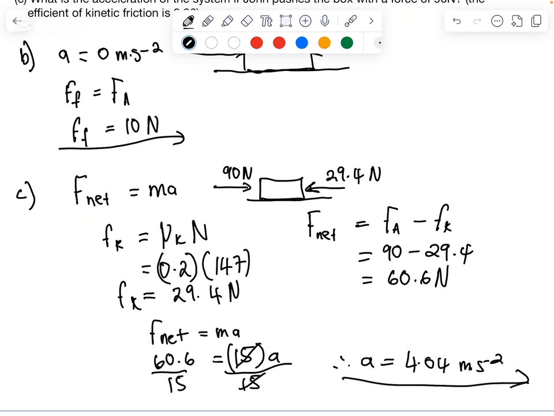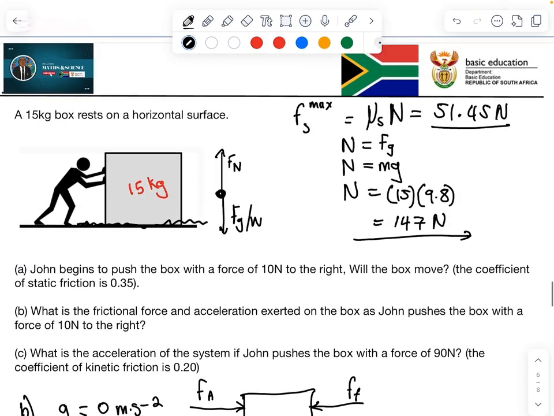This is our acceleration. So that is it for